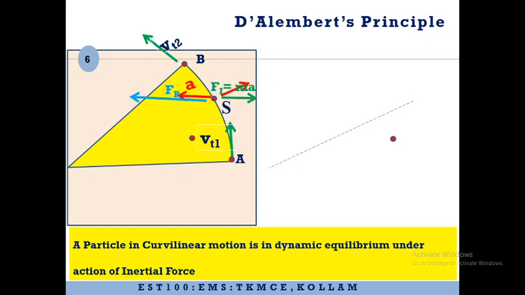So that will be equal to mass into the net acceleration. That will be the inertial force. So under the inertial force the body is going to be in a state of equilibrium, dynamic equilibrium. So here if you see that